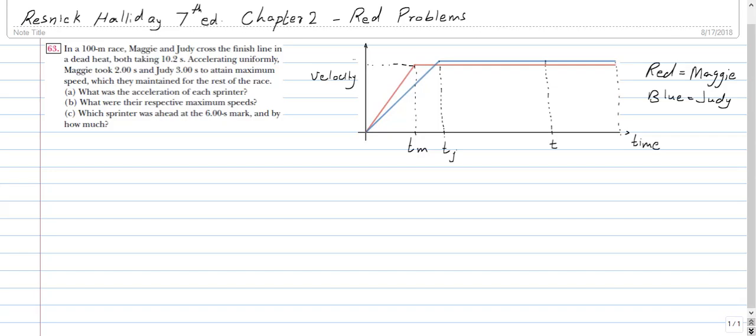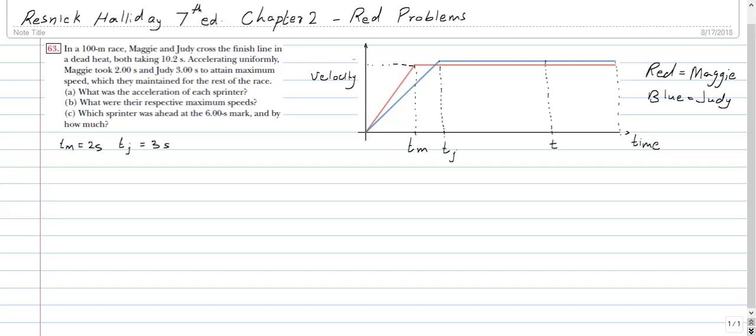So I have drawn the velocity time diagram over here on the right, and you can see that the red line belongs to Maggie and the blue line belongs to Judy, and you can see that Judy has taken a longer time to accelerate. So we know that Tm is equal to 2 seconds, and we also know that Tj is equal to 3 seconds,